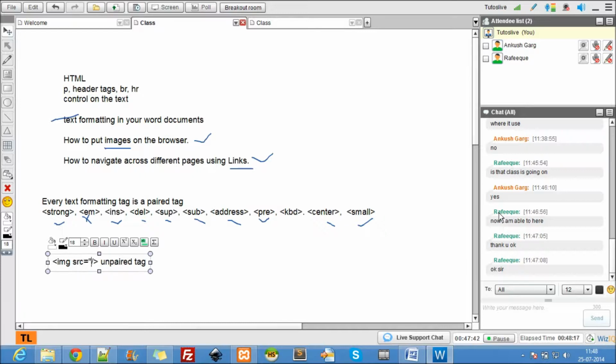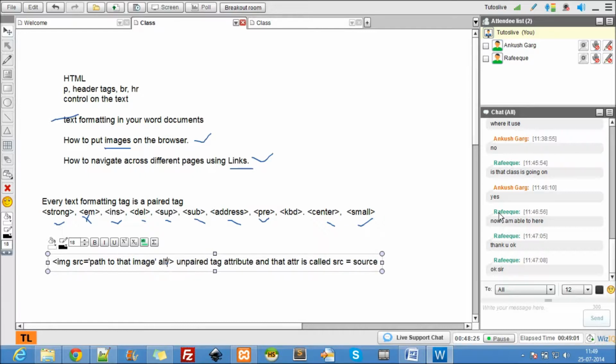So this is our first tag we are discussing which has an attribute, right? If you can go back to the previous class, I was talking about attributes in the videos. This is the first tag where there's an attribute, and that attribute is called src. Src stands for source. So where is the source of the image? Now it's pretty clear that src's value must be the path to that image.